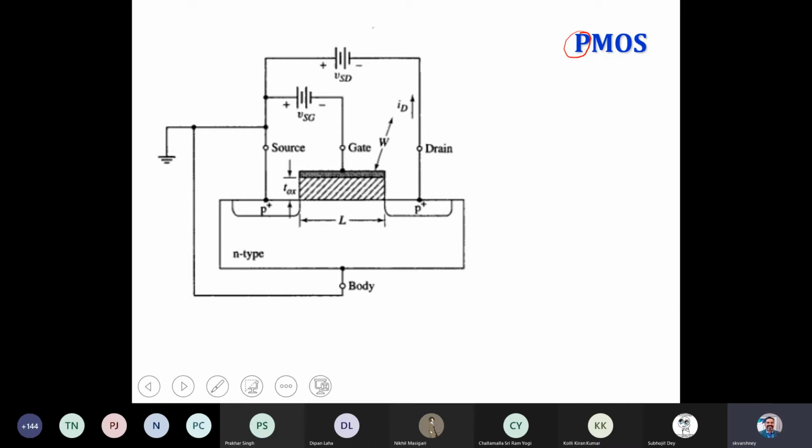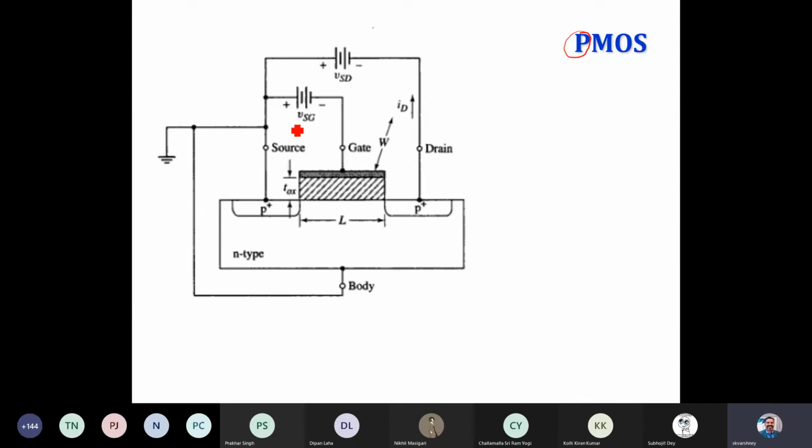And you apply negative voltage. So P-type means negative voltage at the gate terminal, and there is a small change in terminology. Same as in what we do for NPN and PNP. So in NPN we use VCE and VBE and those. In the same way here we write down.